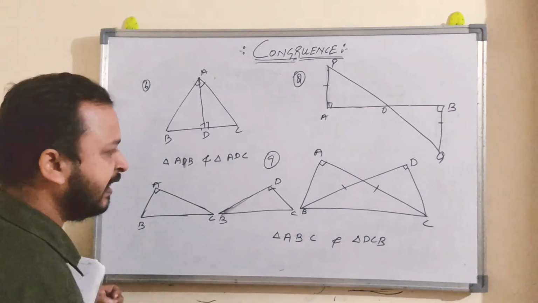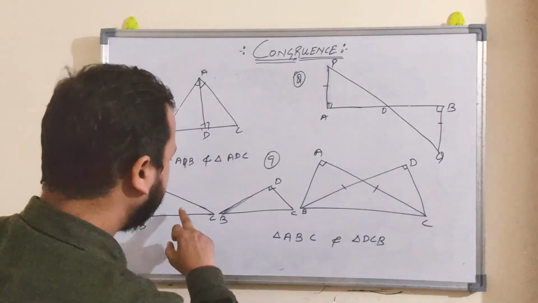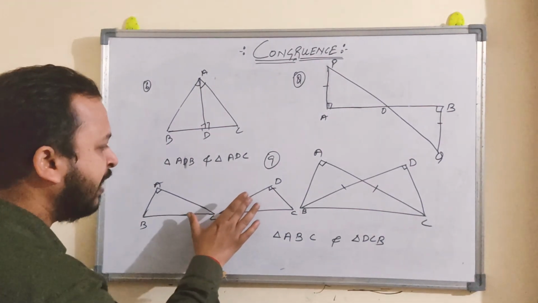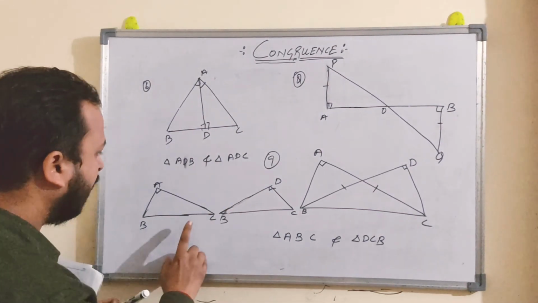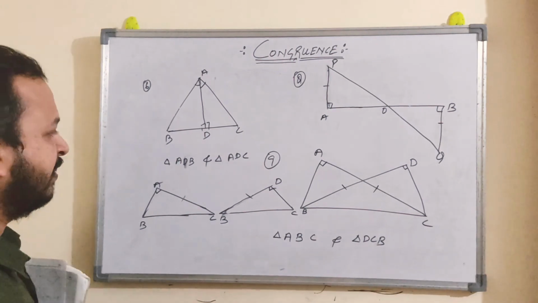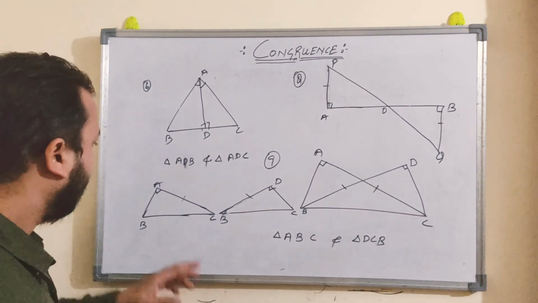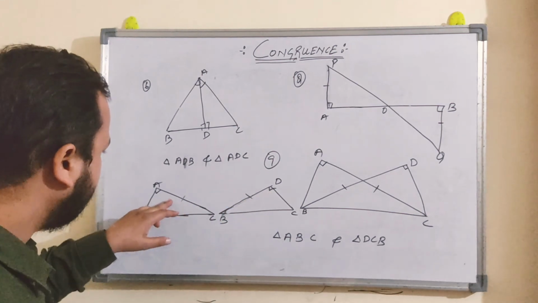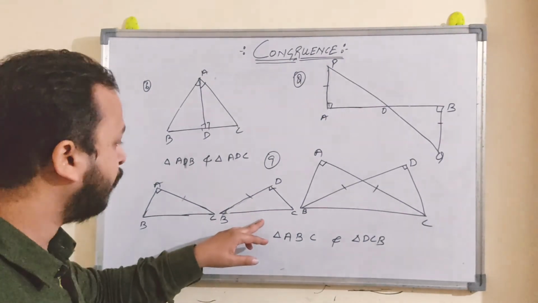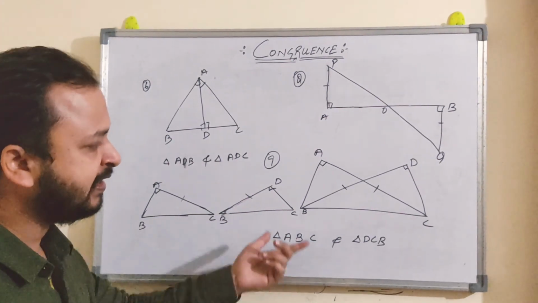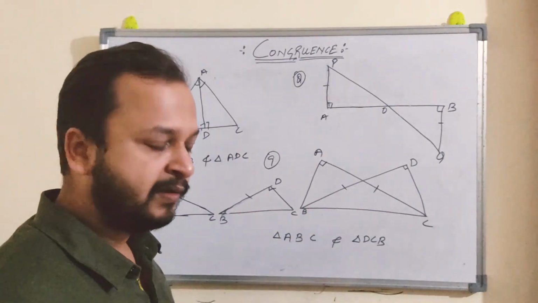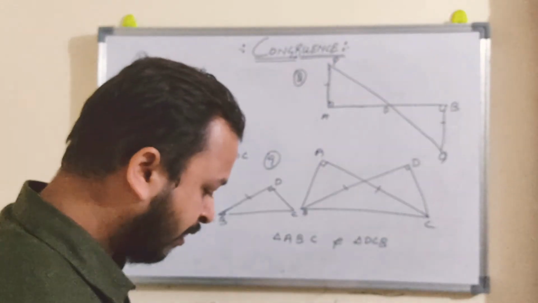These two angles are 90, right? If you separate these two triangles, you will get like this. There is no need of making this triangle, right? I am just making it so that you can simply understand. So now it is given that these two sides, means side AC and side BD, they are equal. Angle A, angle D, they are equal. These two sides are equal, and this BC is common. You can also say that they are hypotenuse. So by RHS property, you can say that these two triangles are congruent. This thing you have to do. This is a good question, right? You have to practice it. Now come to question number 10.